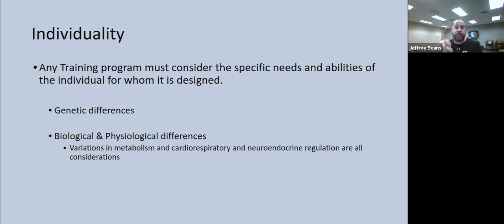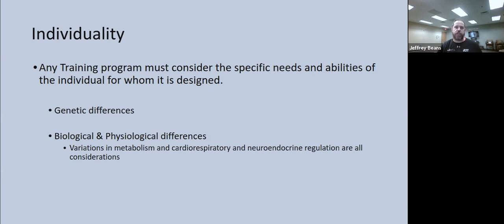There might be genetic differences between us. So in that, what we're saying is that maybe we're more aerobic or anaerobic in certain cases. There are biological and physiological differences. There's disease process differences. So how we process energy is going to be different. How we can take certain impact if we have orthopedic issues. All of this is, so if we set out a general guideline like the FIT principle, it may not take